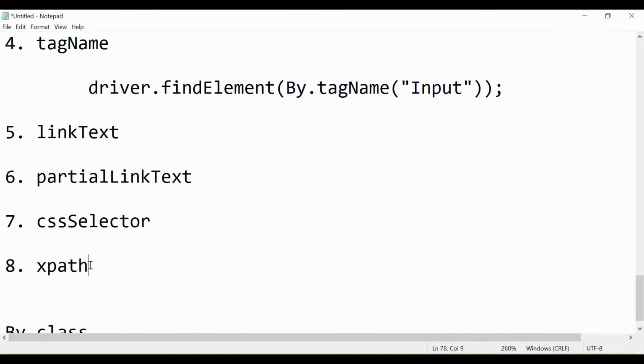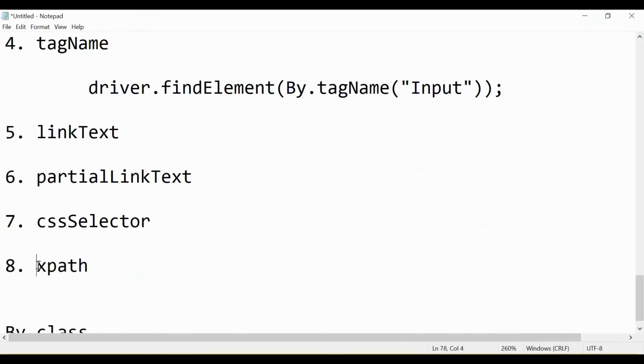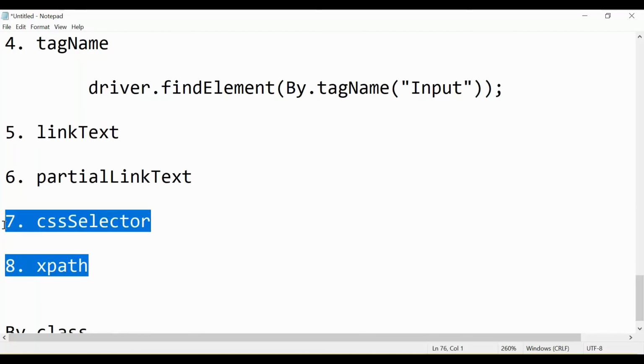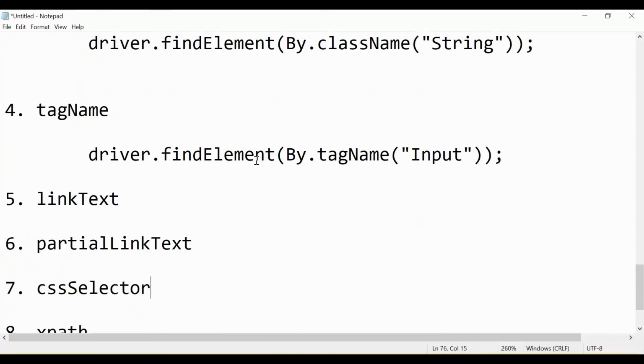So in all these scenarios, you need to go with XPath and CSS, and we will see in detail in separate lectures how to use the CSS selector and how to use XPath. There are different types of XPath and different methods available. I am going to take a separate lecture and video for XPath and another for the CSS selector, and these two are very important for locating a web element. They do not depend upon attributes.